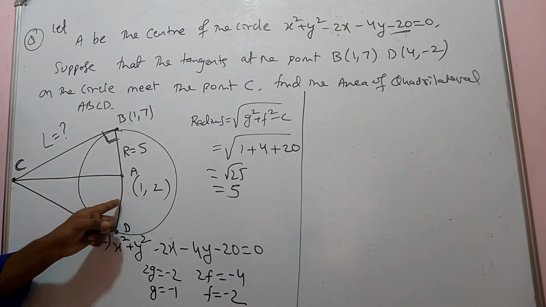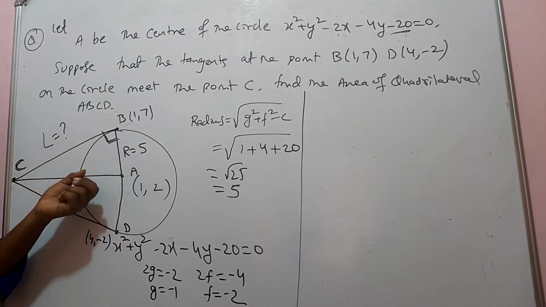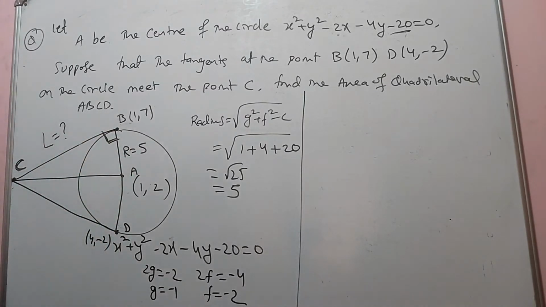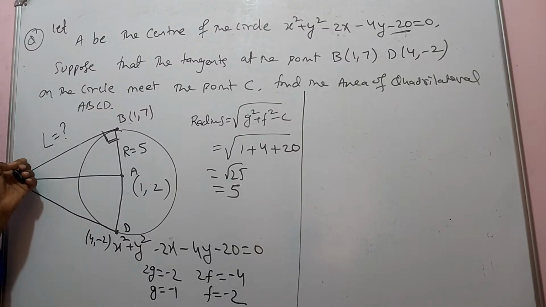Did you understand? You have this point, you have this point, you have this point, but our bad luck is that the C point is not given. If the C point were there, you could even use coordinate geometry or the area of the triangle formula with these three vertices. Square root of S1, you are correct, but to apply it I should know this C point. If I want to find the length of the tangent as root S1, I should know the C point. Otherwise, it is not possible.